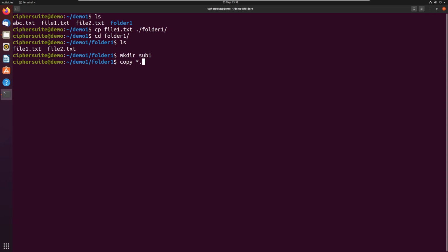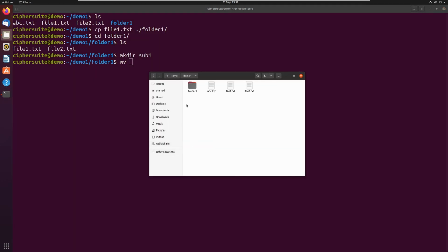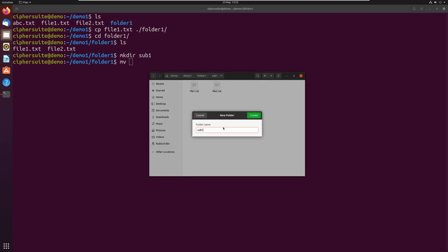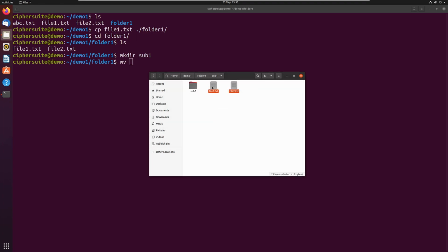I was going to hesitate not showing you the move, but I'll do that quickly now. You know what, just so I don't jump ahead, I'm going to do it in the UI. And I'll show you the way to do it on the command line before. I just don't want to give you too many command line things to remember first. And we'll say subdo. Okay, there we go. So just so you can visualize it up here, we've got demo1, folder1, sub1, sub2,